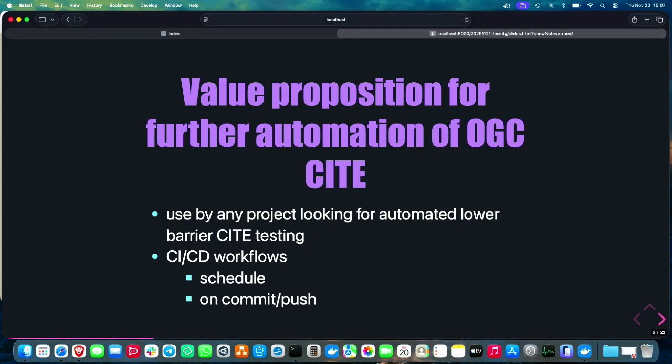So OGC has a long-standing compliance program. There is a CITE TeamEngine that they run to help you evaluate your software, whether it's OGC compliant or not. Why do we need anything more than that? Speaking from my experience on a number of projects in the geospatial Python realm, which deal with servers such as PyCSW, pygeoapi, MapServer, and so on,